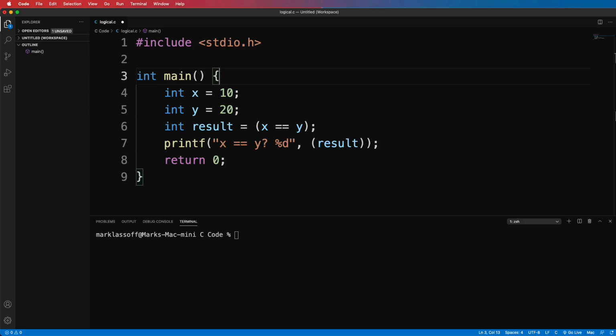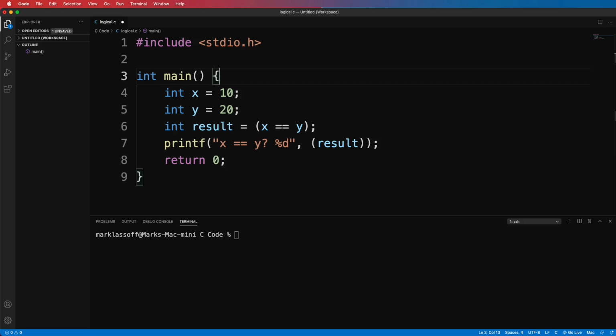Inside our main function, we declare x and y, x holding the integer 10, y holding the integer 20. Line 6 is the key line here. If we look on the right side of the assignment operator, you see x equals equals y. Here, equals equals is the operator we're interested in, and it's looking for equivalency.